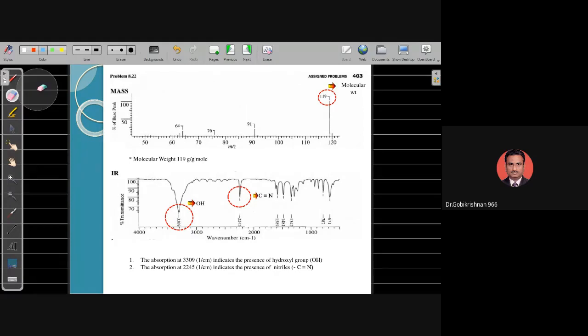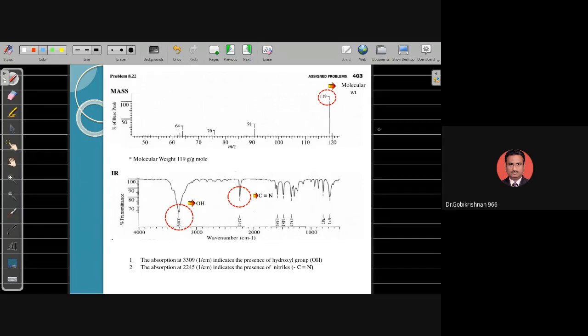Actually, this problem is given in Silverstein, the author of this book. The name of the book is Organic Spectroscopy. Problem number 822. A lot of problems are there. Some problems are solved, some problems we have to solve. Like this. See here,